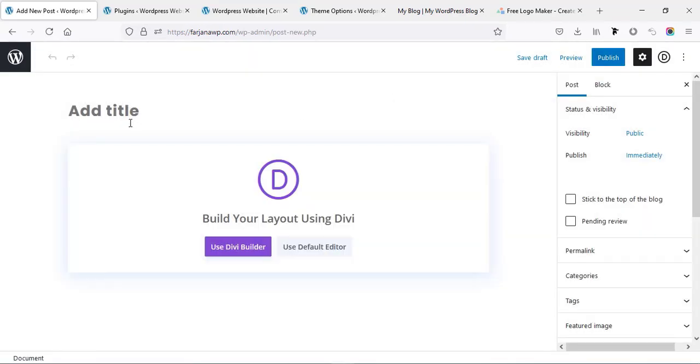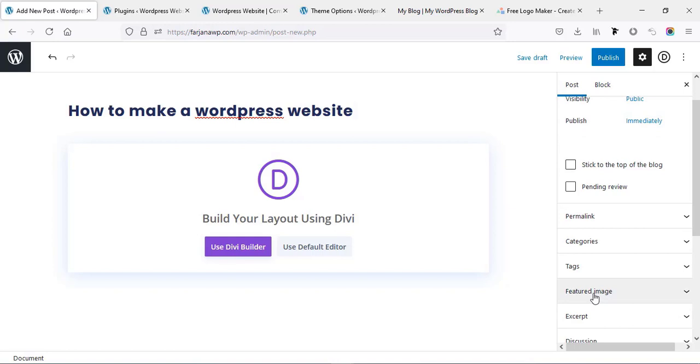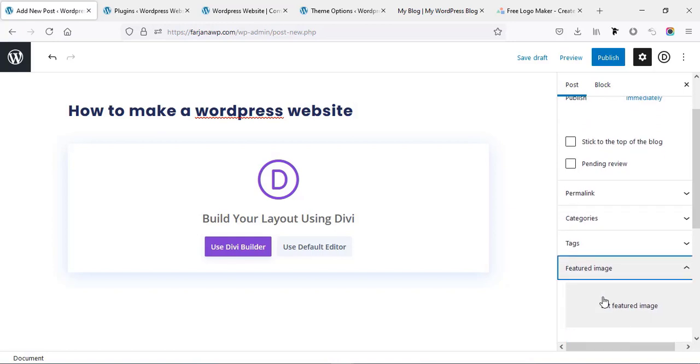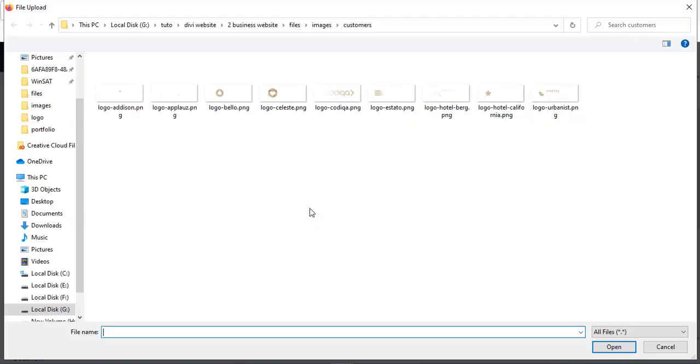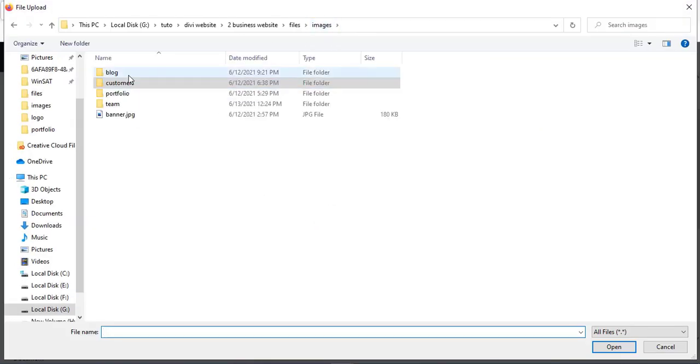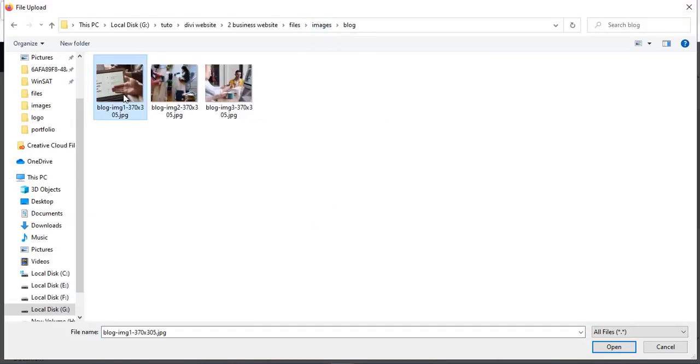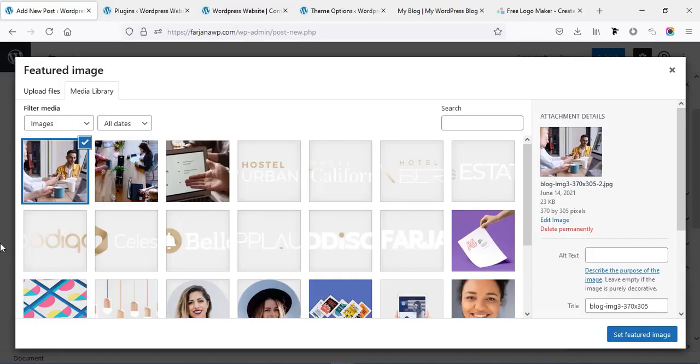So here will be our blog title. So for example I'm typing my title, how to make a WordPress website, and on the right side here is featured image. So set featured image. I'm going to upload some images for the blog, going to blog and going to upload these 3 images and selecting